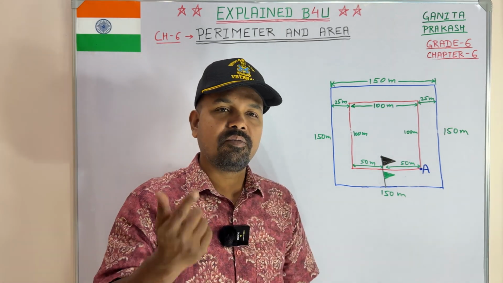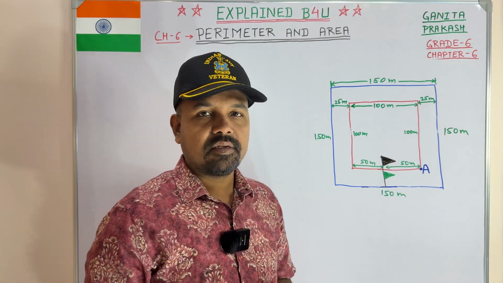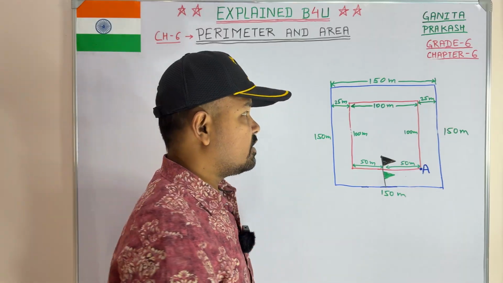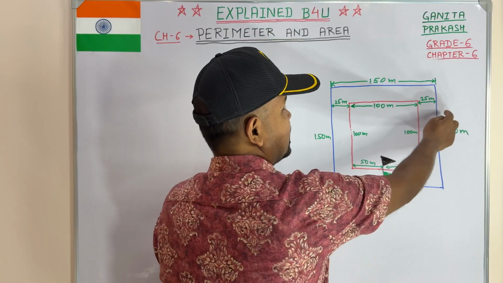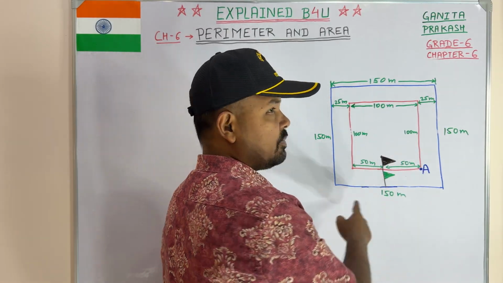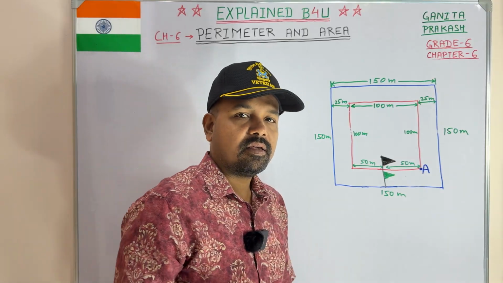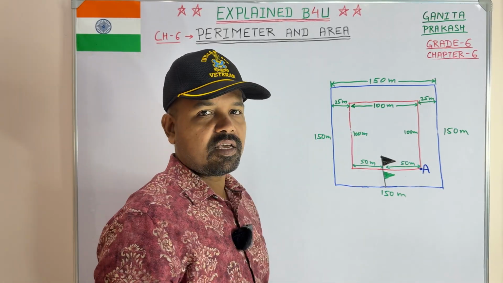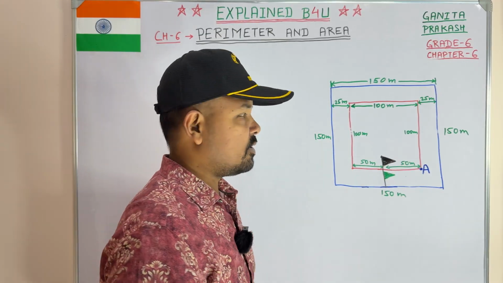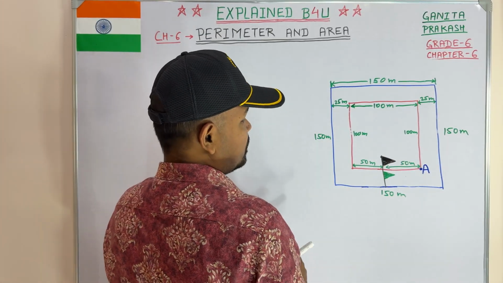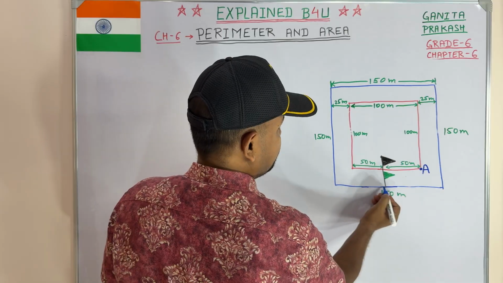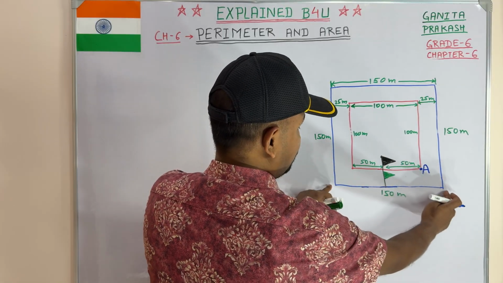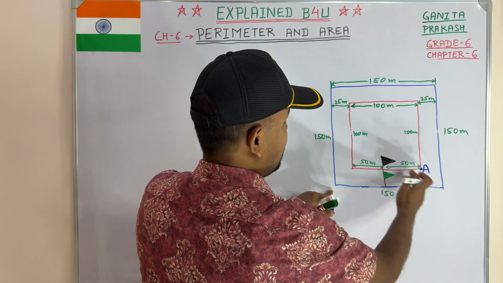नाउ फॉर फाइंडिंग आउट स्टार्टिंग पॉइंट ऑफ outer track runner, it is little difficult, so you have to use a trick. What is the trick? Instead of finding the starting point, you start from end point. ठीक है, ये बहुत इंपॉर्टेंट है। आप एंड से स्टार्ट करोगे तो आपको इजीली पता चल जाएगा कि उसका स्टार्टिंग पॉइंट कहाँ होगा। तो यहाँ से स्टार्ट करोगे तो अब दिस इज टोटल 150 मीटर,